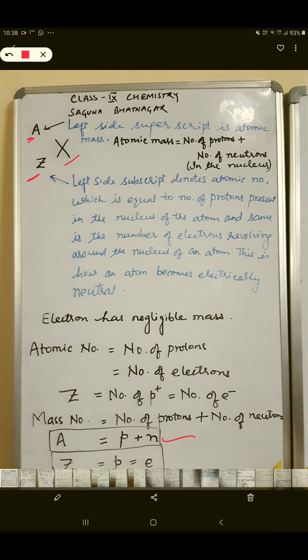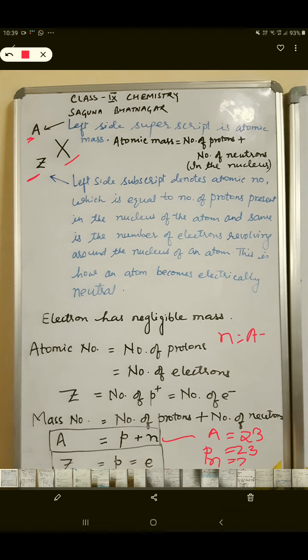Now if I ask you any question that an element A has atom with atomic mass 23. Okay, for example, I am telling you atomic mass, if I give 23, so you know that number of protons will also be 23. And if I ask you what is the number of neutrons present in this, then what will be this, students? If A equals P plus N, then N will be equal to